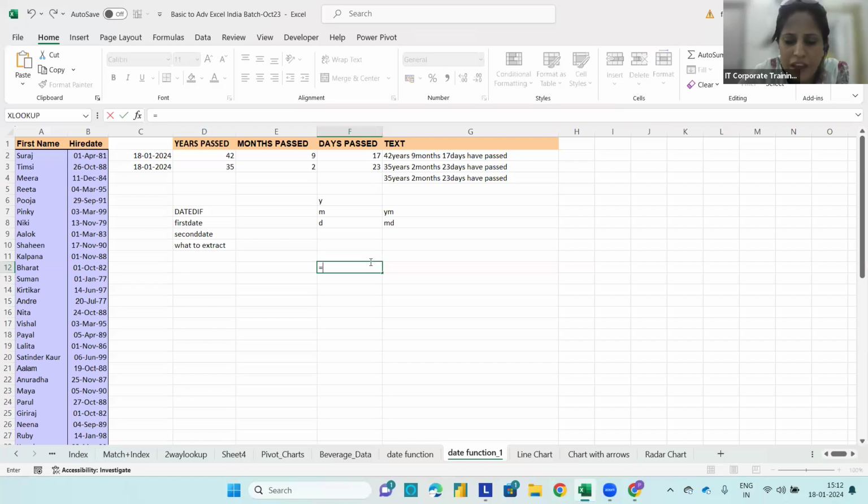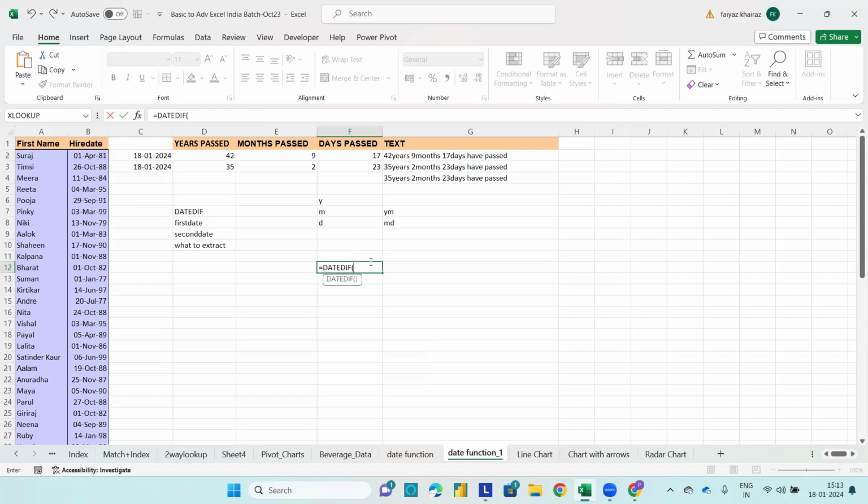See, you will write DATEDIF, you'll put a bracket. Yeah, I tried, but it was not showing. Let me try again. Yeah, try it. DATEDIF. Actually, it is not a formula, so it is not showing any arguments. Okay, okay. If you directly click,